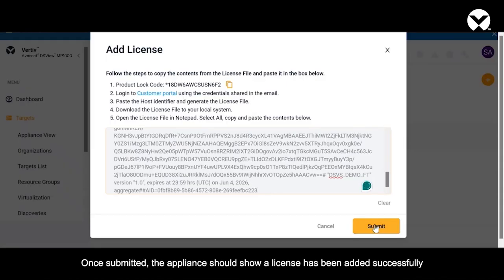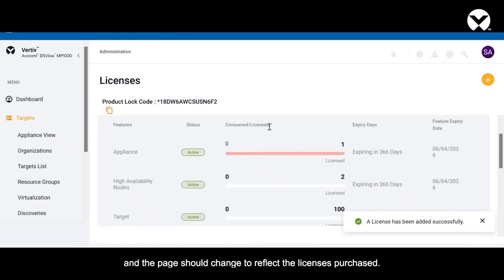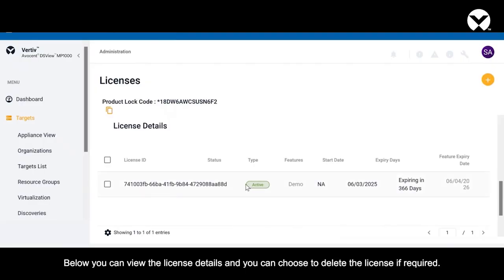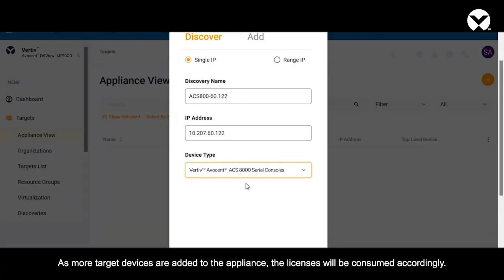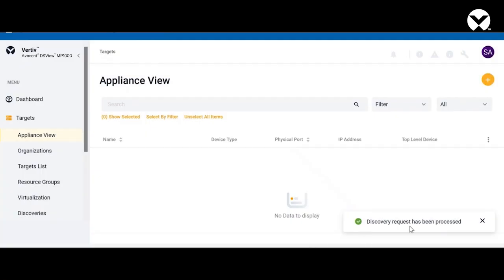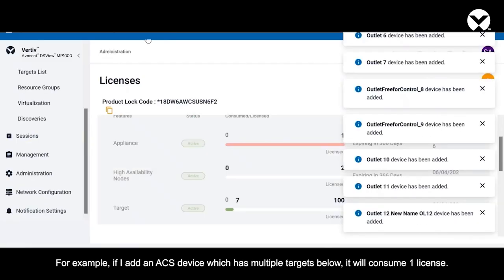Once submitted, the appliance should show a license has been added successfully, and the page should change to reflect the licenses purchased. Below, you can view the license details, and you can choose to delete the license if required. As more target devices are added to the appliance, the licenses will be consumed accordingly. For example, if I add an ACS device which has multiple targets below, it will consume one license